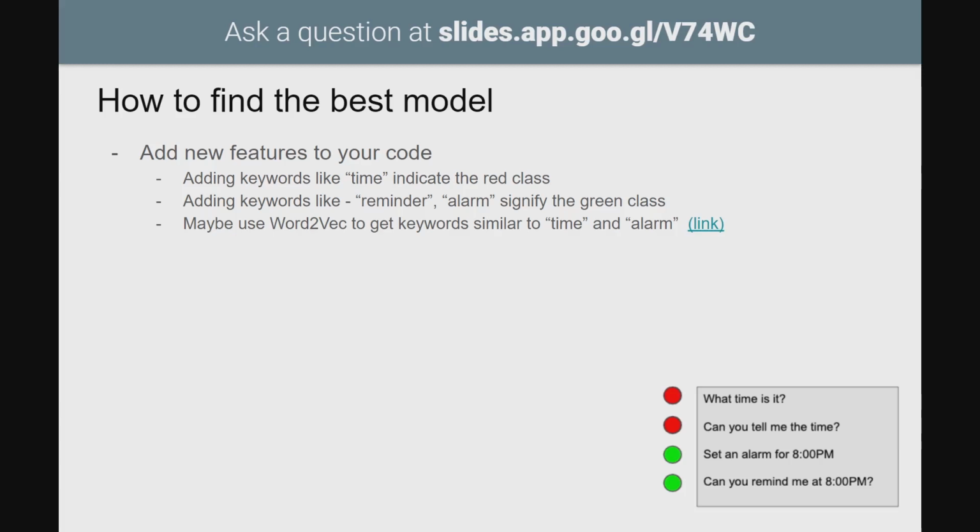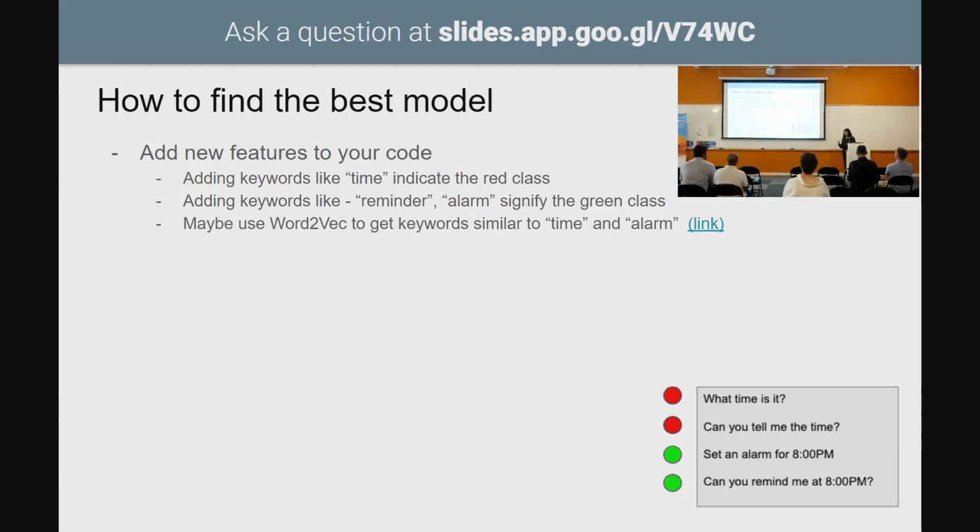Anybody not familiar with word2vec? Okay, so word2vec is an algorithm. But there are trained models based on that algorithm that model the entire English vocabulary, having vectorized most of the English keywords. And because of that, we can do mathematical operations on keywords. Things like words similar to time. What are the other words similar to time?